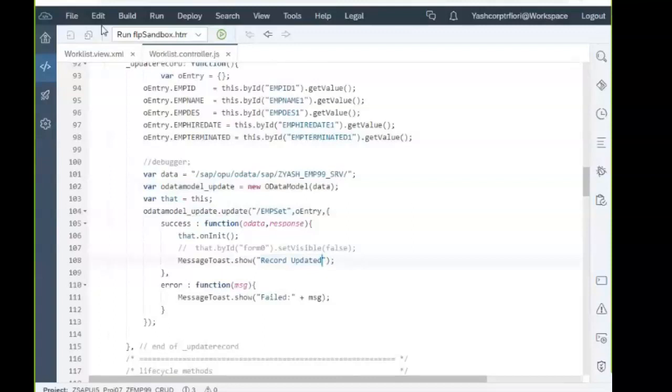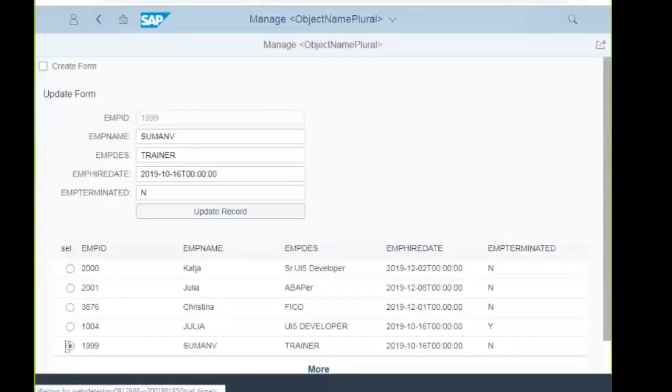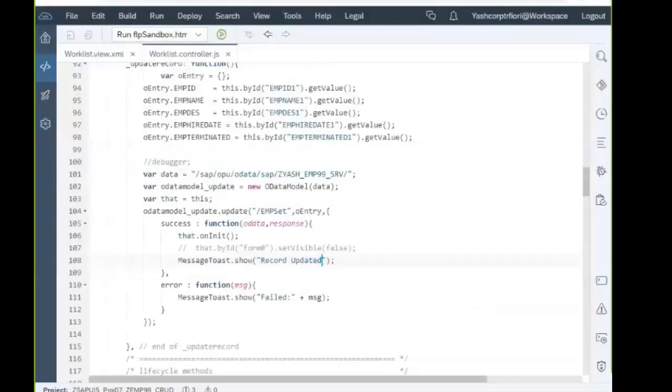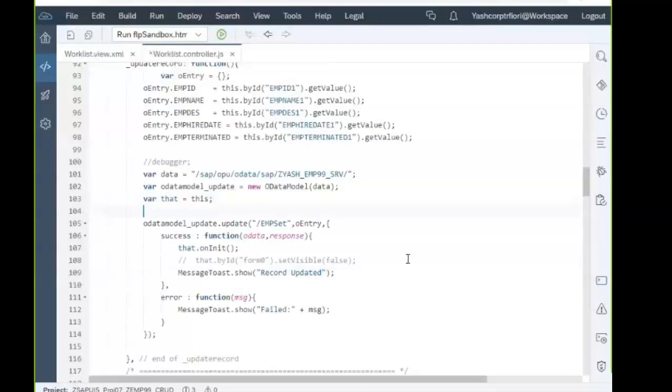Let us cross check again. We have to send. So primary key I need to send it now. So let us take entity set. EMP set, the way how we have handled that primary key, let me just hard code it. This is nothing but the ont.emp ID. Okay.